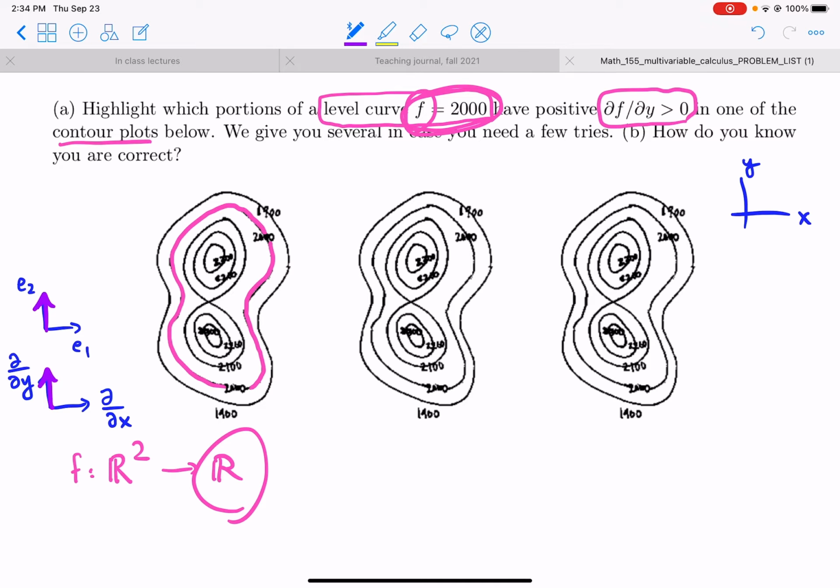If I go here, still again, I'm getting close to this 1900 level curve, and that means my function value went down. But what happens if I'm here? If I'm here and I move up, I get closer to these other level curves, like this level curve. That curve has 2100 as the label. So I see that same thing. If I go here and I move up, actually I get closer to these level curves, which have 2100 as the label. So finally, my answer is that right here,